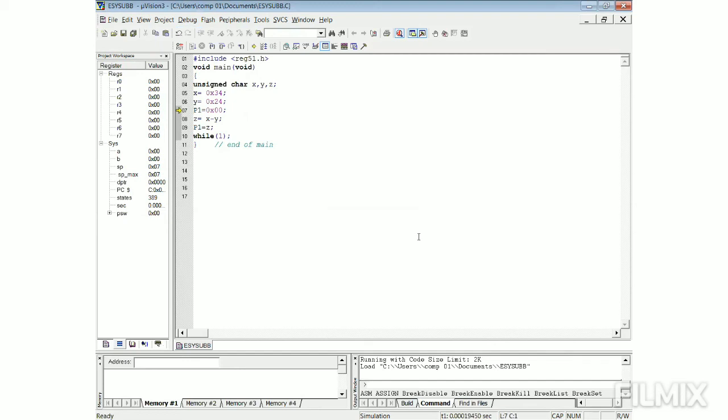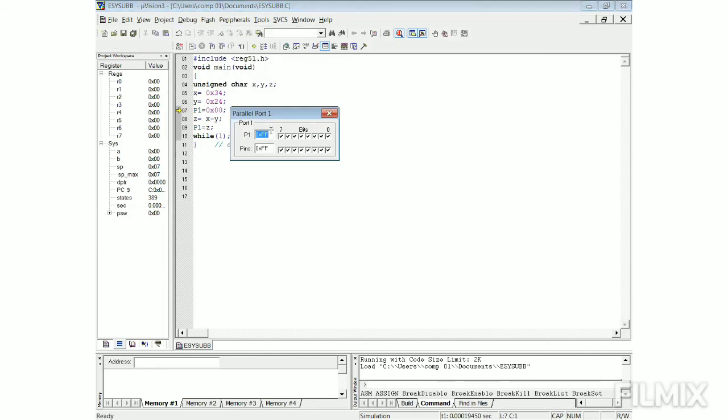In this program, we use P1 as output port. So, we have to select port P1. For this purpose, you have to click on peripherals. Next, click on input output ports and choose port P1.